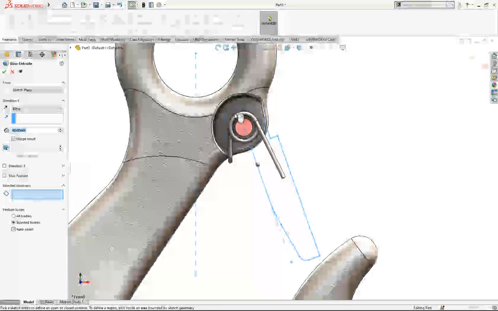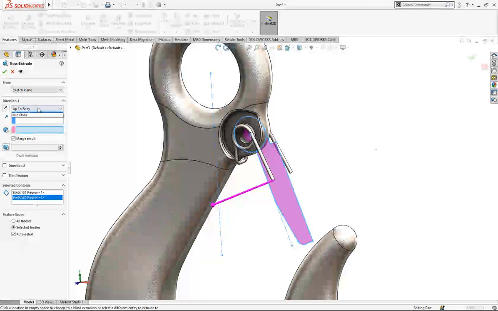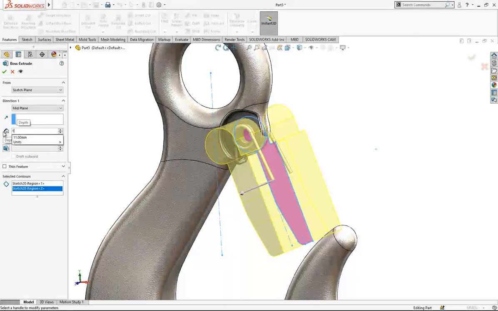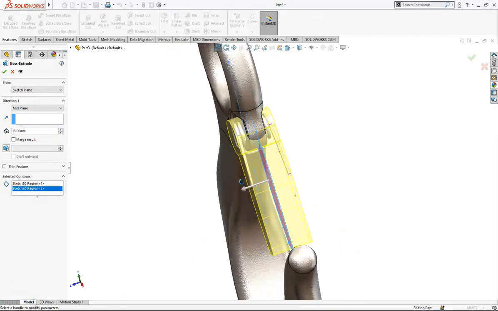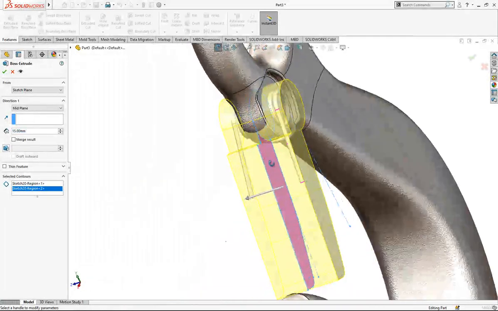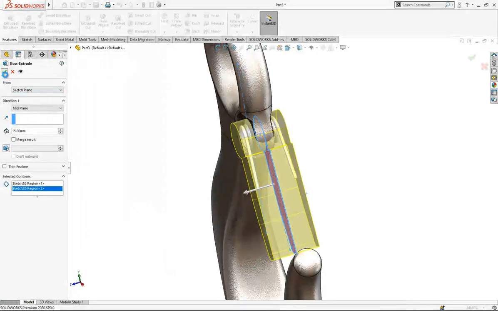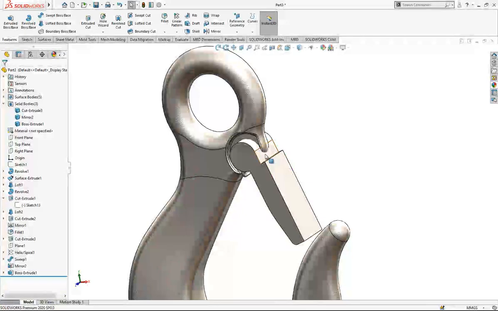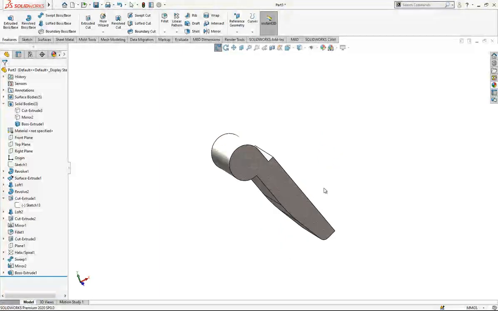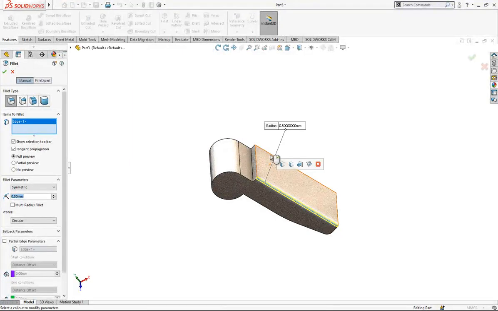We go extrude. We choose mid plane. No merge result. 13 mm or 15 now. Let's keep it 15. No merge result. We can hide these two objects. It's a nice example. We go create here first radius 2s